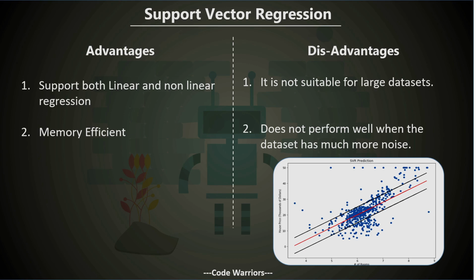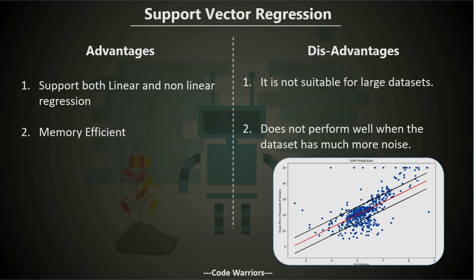Second, it's memory efficient. Why is it memory efficient? Because it doesn't have to take all the data points into account, only those on the boundary line. Instead, it only has to fit on the basis of outliers. So it's kind of memory efficient in this sense, but there are some disadvantages that usually come with it, and which are the